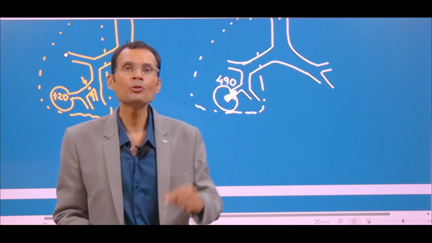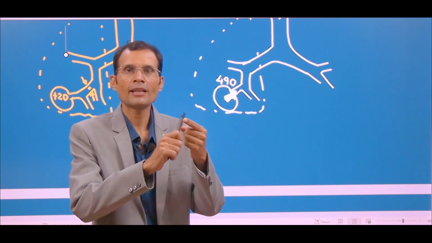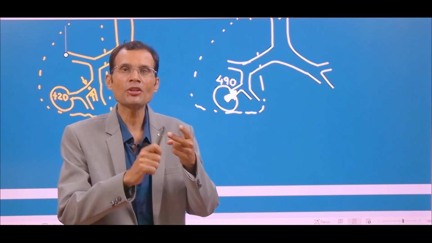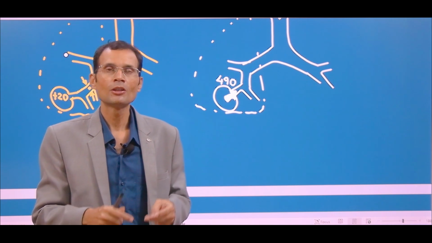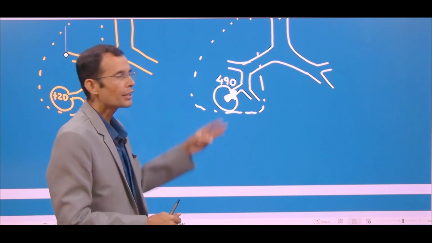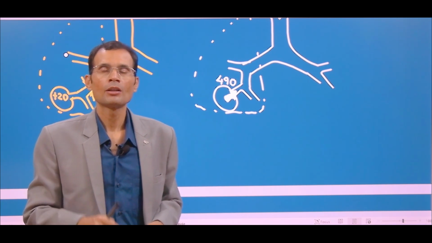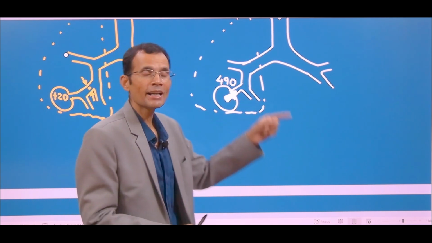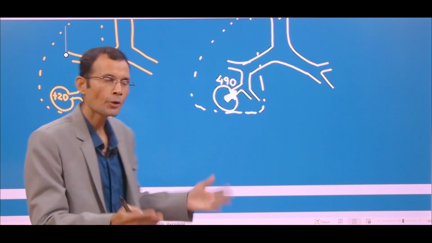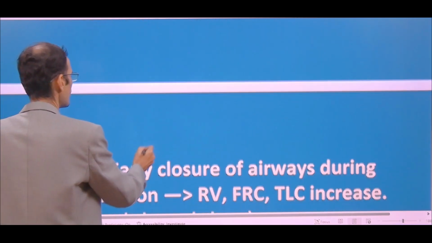So far I told you about edematous airways. Then the equal pressure point, EPP, shifts downward toward the lower airways, the non-cartilaginous airways. So EPP shifted, that's another E. The third E was early closure of airways. That makes expiration more difficult, that's another E. This is how you can remember the features of emphysema.